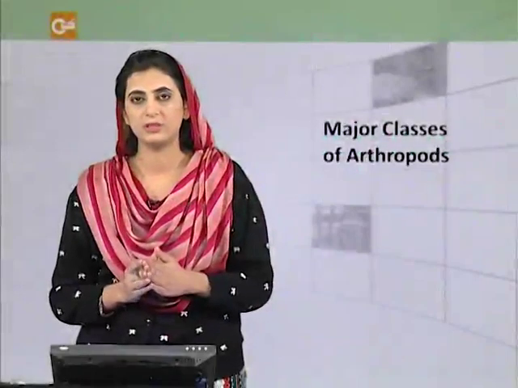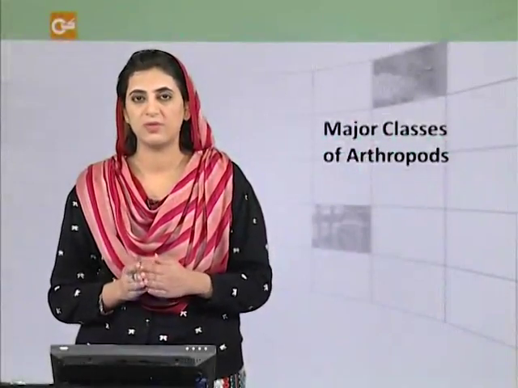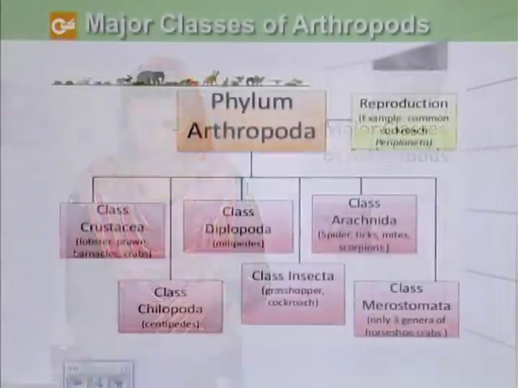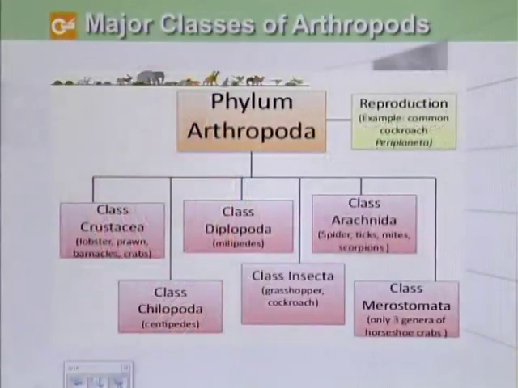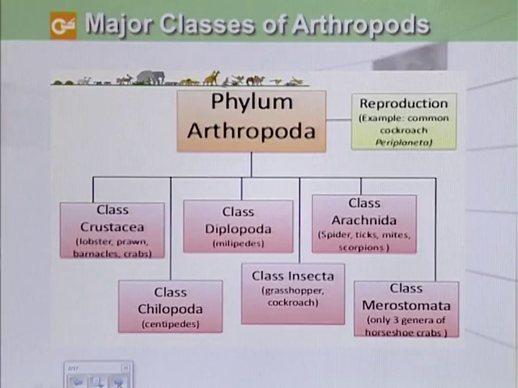In this module, we will study major classes of phylum Arthropoda. Phylum Arthropoda can be divided into the following classes. Number one is class Crustacea, and then class Chilopoda, which includes centipedes, and then there is the class of millipedes, which is called Diplopoda, and then class Arachnida, which is a class of spiders, ticks, mites, and scorpions, and then